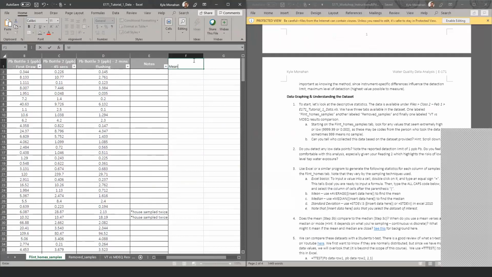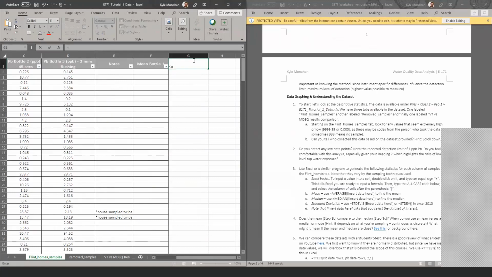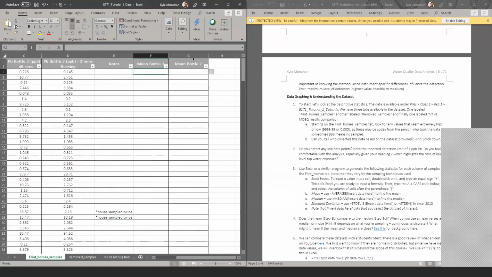Maybe we'll call this mean bottle 1 and mean bottle 2. And what we want to do is go through and type equal sign, mean or average. Note that I started to type average, I typed AVER, and then I pressed tab. This is called tab completion. It allows us to select certain values and